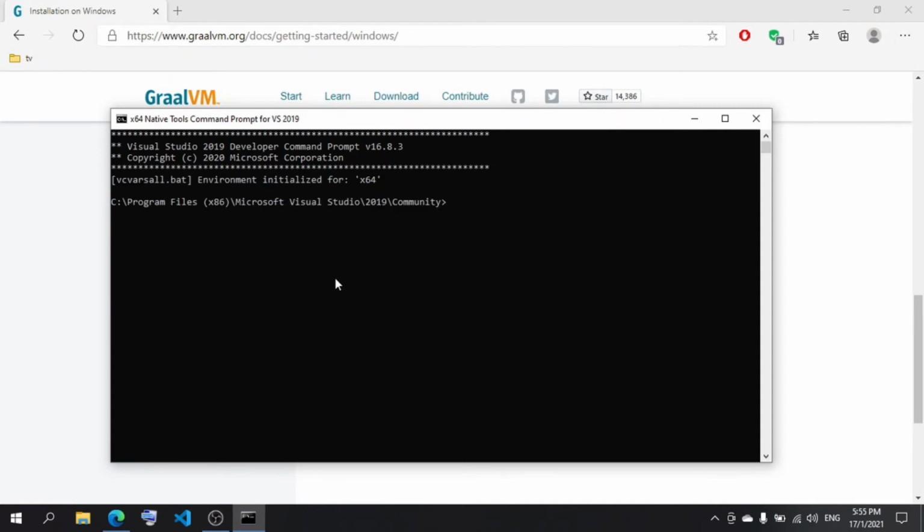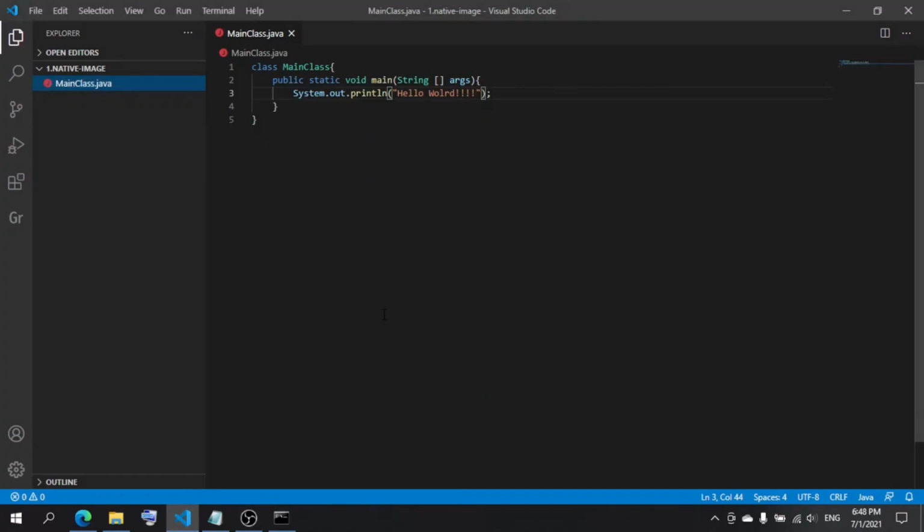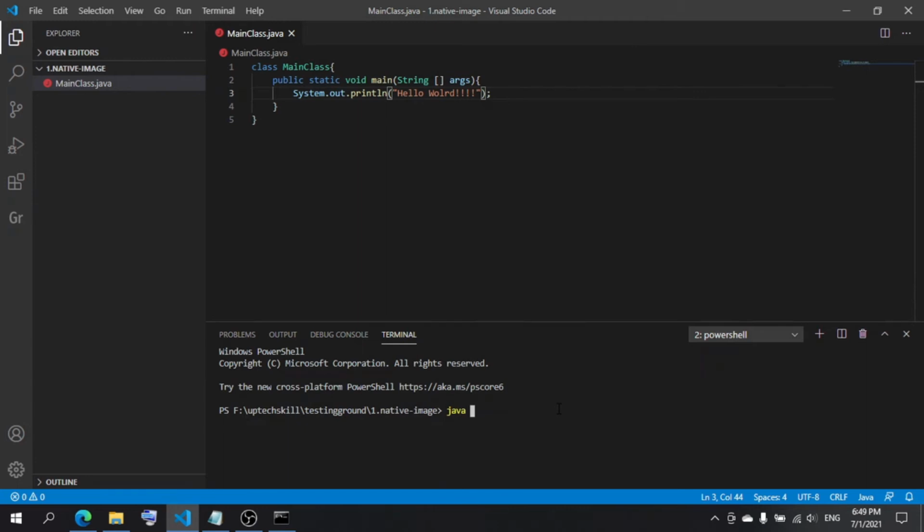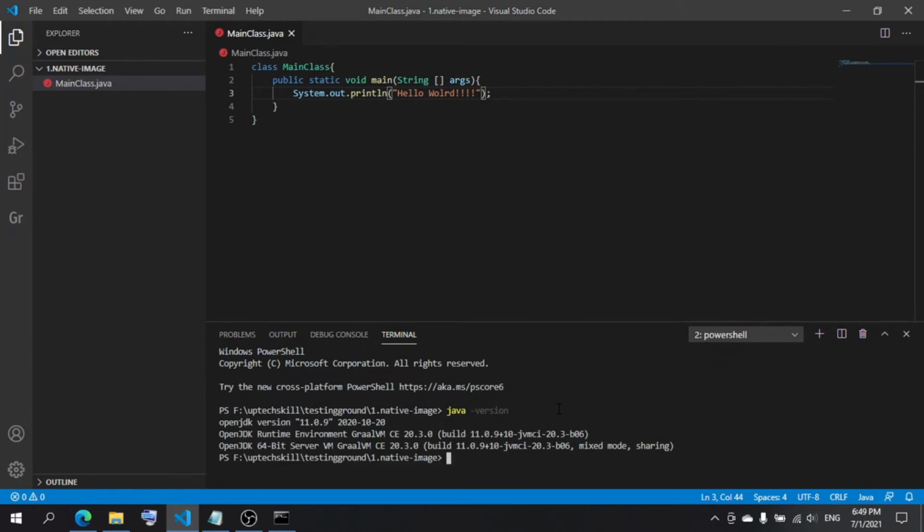Once you have this one, let's start with an example. I already created a hello world example here. You can create it by yourself. It's quite easy, just a main method and sys out. Let's go to the terminal and check if you're using the correct version. Okay, so it's correct.